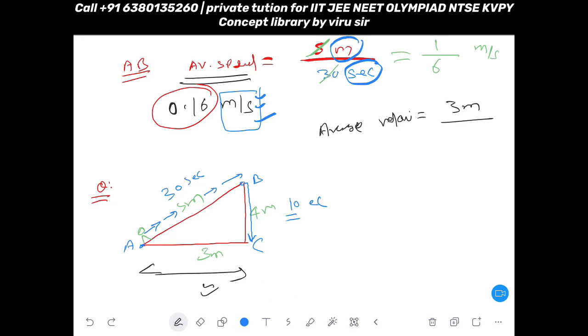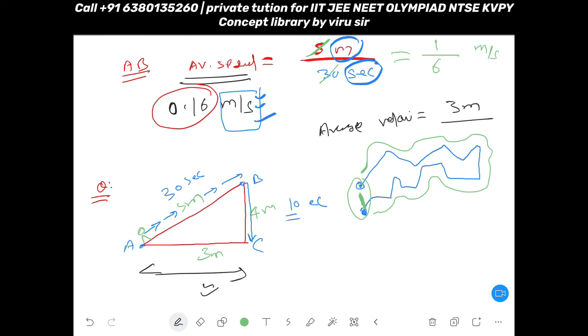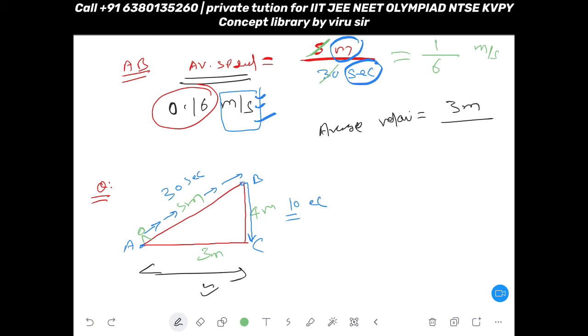So suppose, just as an example, you are starting from here and you are going here, here, here, here, here, and finally you are coming here, then here, then here, and suppose you are stopping here. So only this much is your displacement. But to reach this displacement, how much time have you taken? That time you will calculate by the journey, right? According to the journey, how long your journey was. So that's why the time we will substitute here. That time is very simple. You can easily find 30 second here, 10 second here. So 30 plus 10, that is 40 second.